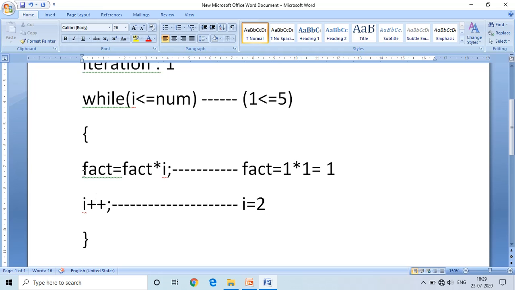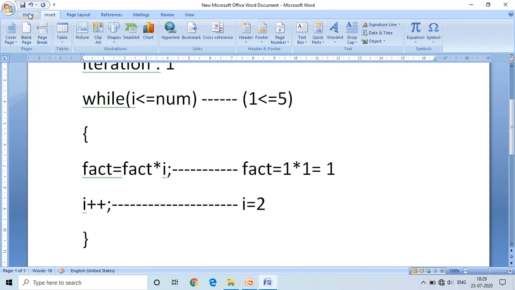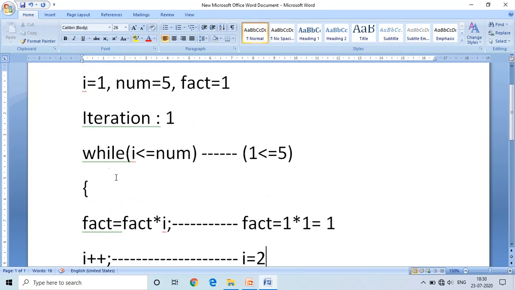After executing these two instructions, it reaches the end of the while loop. The control transfers to the beginning of the while loop. This is the first iteration.